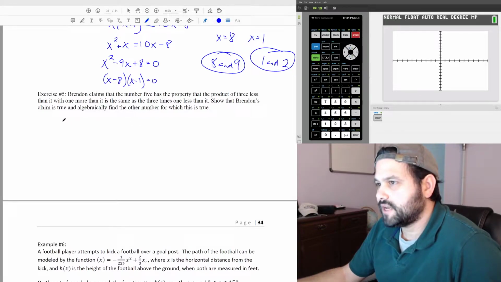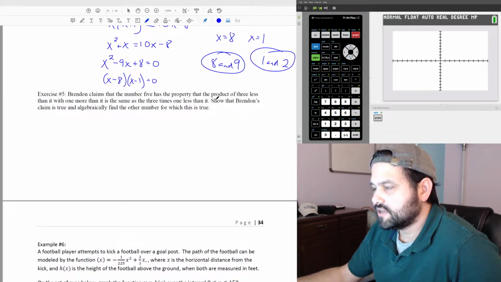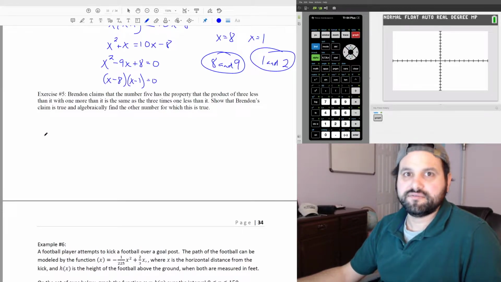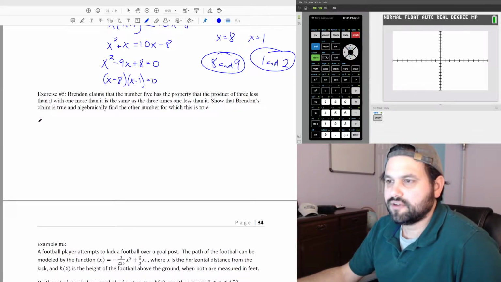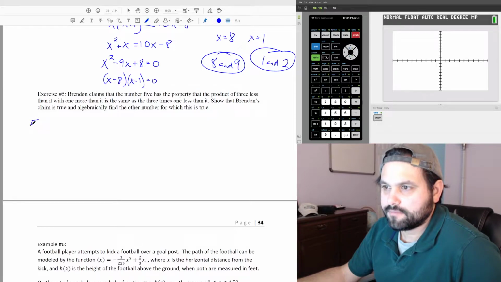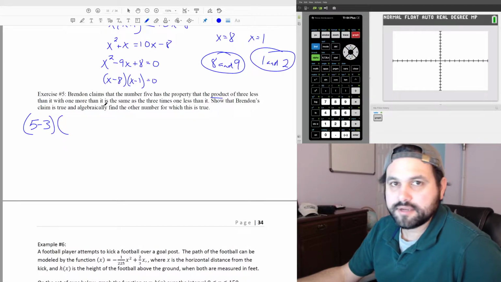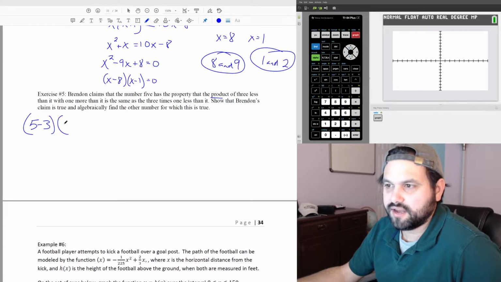Okay, so we're talking about product. So what's 3 less than 5? Well, I'm going to write that out. I'm going to multiply this by 1 more than it being 5. So 1 more than 5